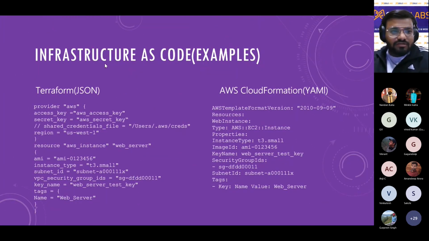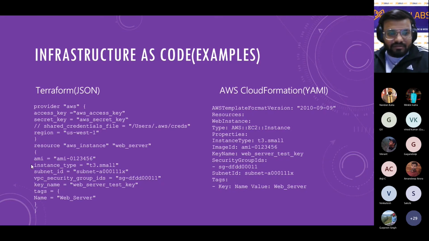So these are a few examples I've put on. This is a Terraform code in JSON format, and this is the AWS CloudFormation tool in YAML format. There are a few similarities and differences over here. You can see that Terraform uses AMI and CloudFormation uses image ID to provide the AMI to our code.